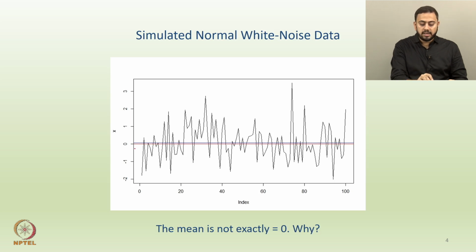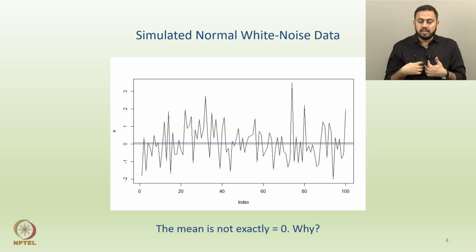And here you see two colors, by the way. The red line gives you a line at 0, which is our mean, and the blue line gives you the actual mean of the data, right? Now again, the same thing. Why is the mean not exactly equal to 0? Because there is a small difference between the red line and the blue line, right? If you are simulating from a normal variable with mean 0, then the mean of the underlying data should also be close to 0, isn't it?